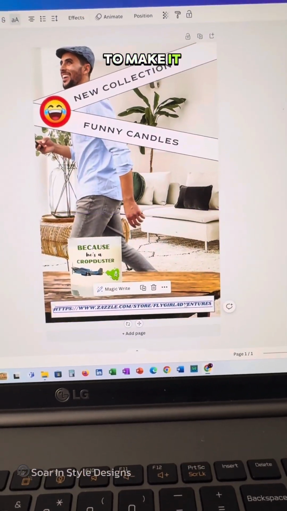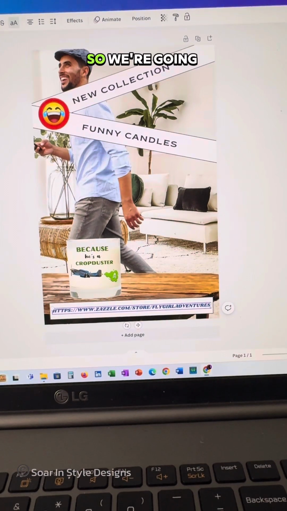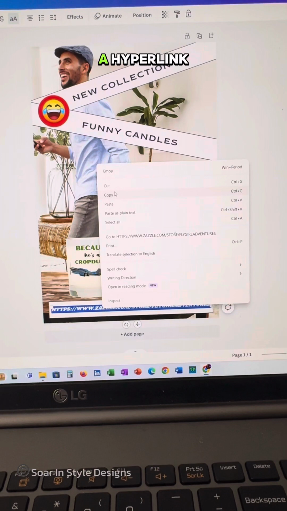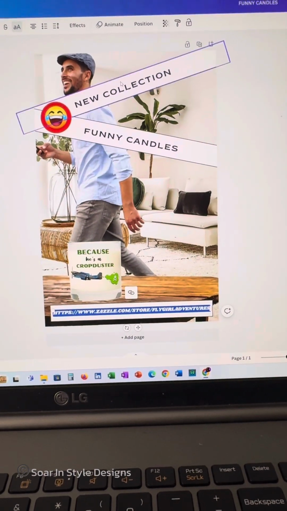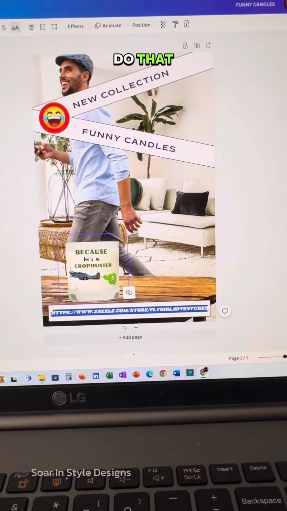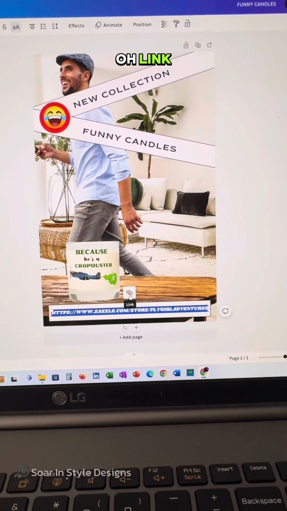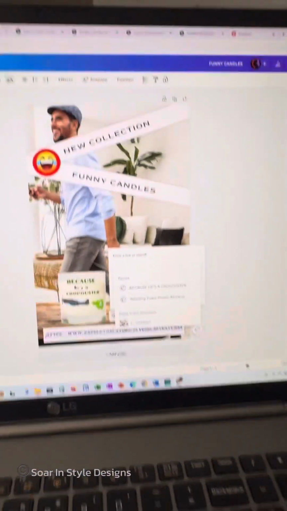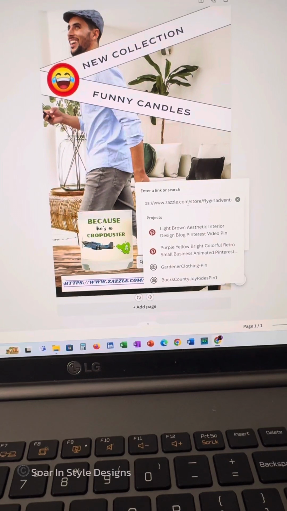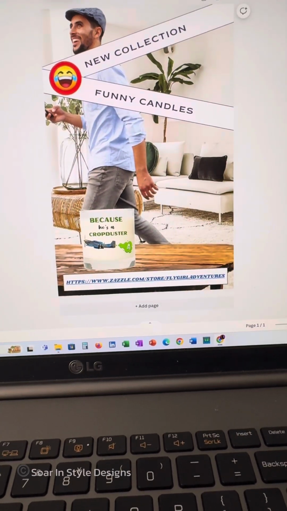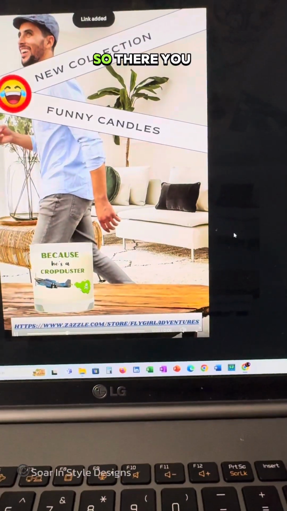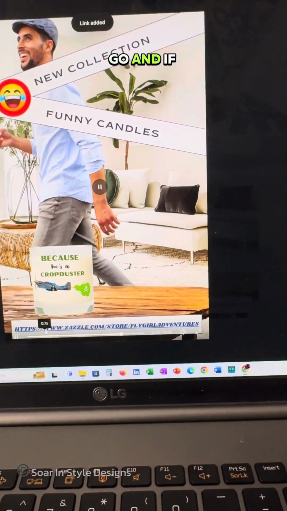And we needed to make it a hyperlink. So we're going to have to do a hyperlink. I forgot how to do that. Oh, link. Paste that. Link added. So there you go. And if you click on it,